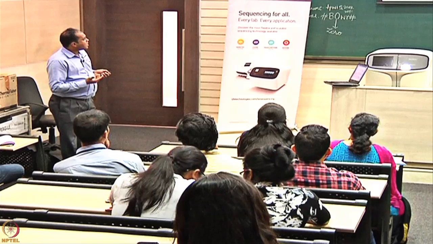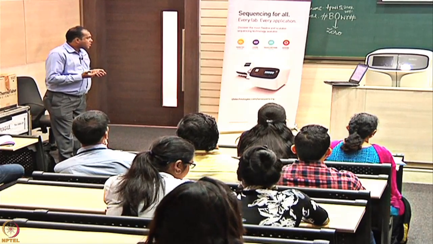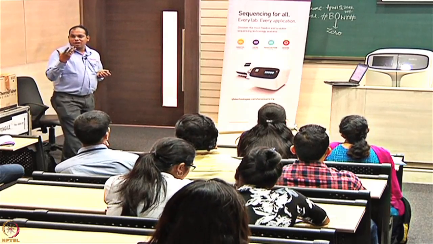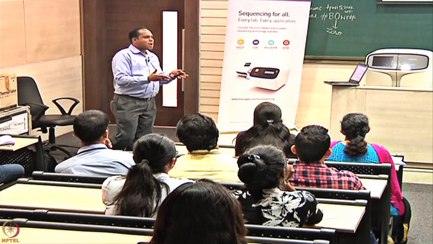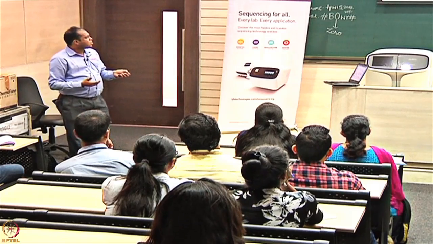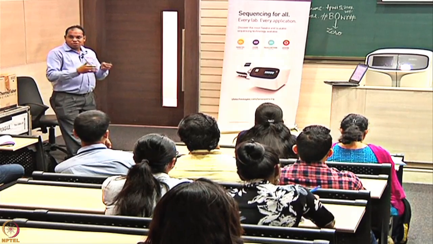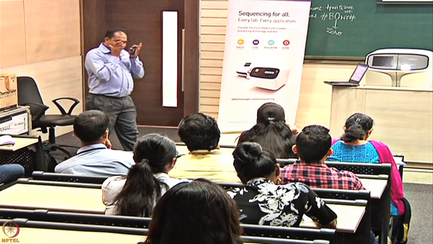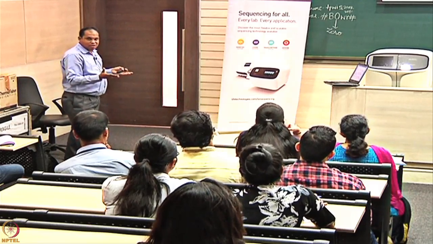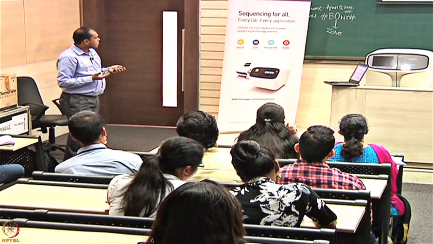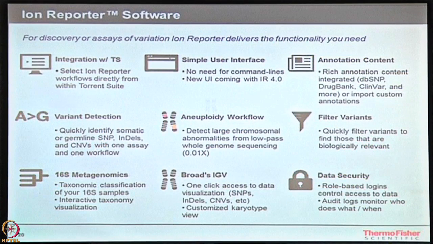So you have done the variant analysis. After that, the same thing that I've shown you as IGV, visualizing your data. Okay. So what I've visualized, the gene region, or the reads that are mapping, the same thing can be done over here in this software itself. So you can visualize the data over here. If you are looking at a particular variant, you can click on the variant and visualize it in IGV, the Integrated Genomic Viewer. At the same time, the databases I have talked about: dbSNP, DrugBank, ClinVar, OMIM. So lots of things are available over here, and you can play with them anytime.